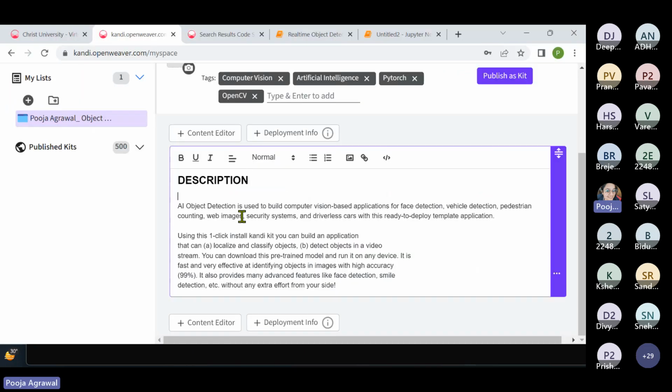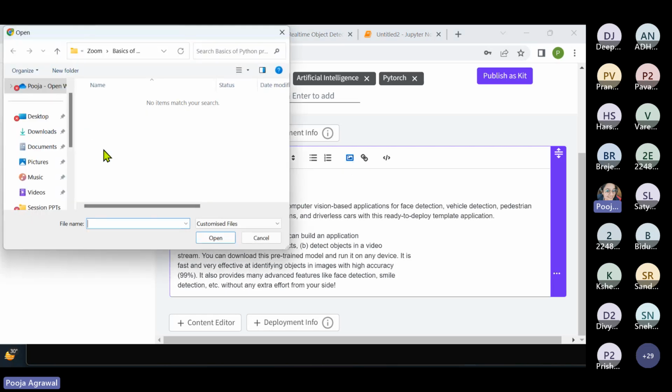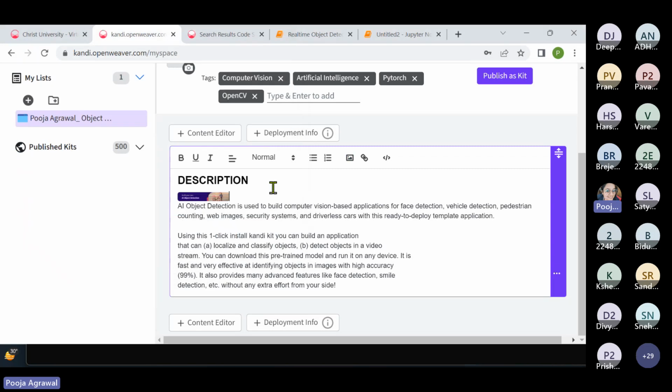Maybe I can copy and paste it here. Yeah, so I could copy and paste it from that word, or you can use this to check out a particular image and add it if you would like. Talk about what your solution is. You can say, I will remove using this Candy Kit. So you don't have to create your own one-click solution, but you just have to give a description